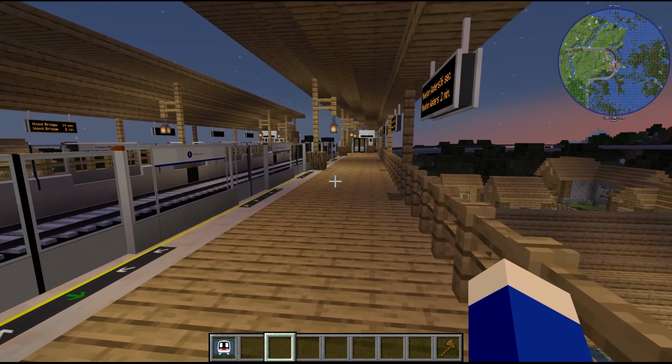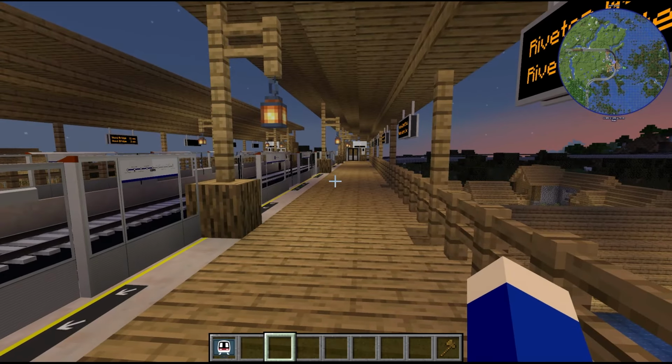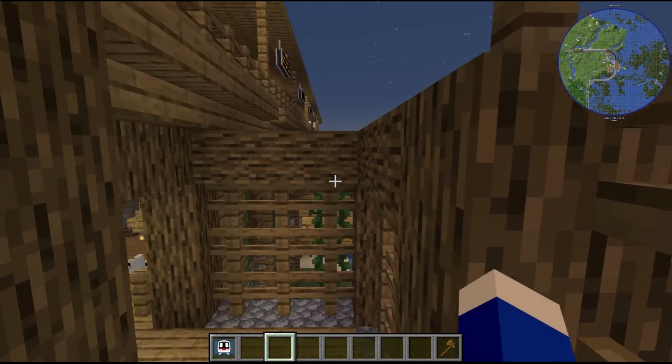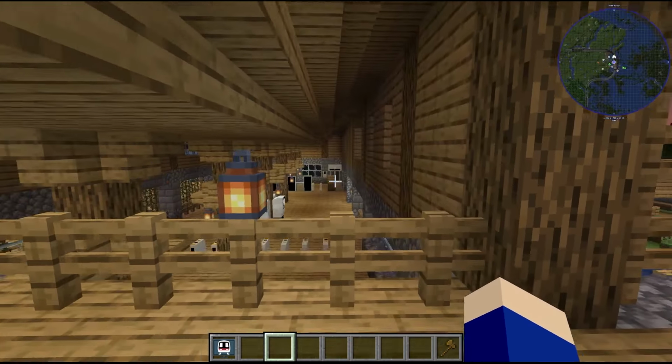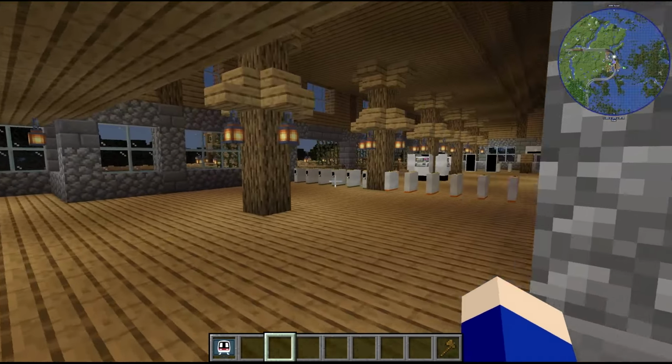And I'm here for a reason. So I've built the entire bridge section now between Ravine Town and here. I'm not turning around for a reason. You'll see why that is in a second. I'm just going to walk down the stairs here. This is going to be as much of a surprise to me as it is to you when I reveal